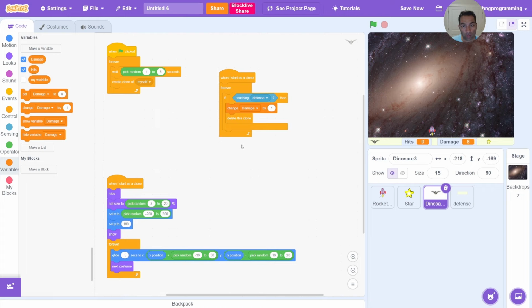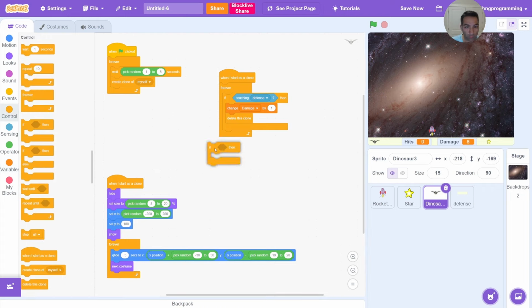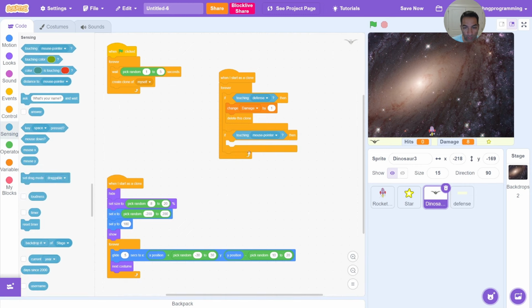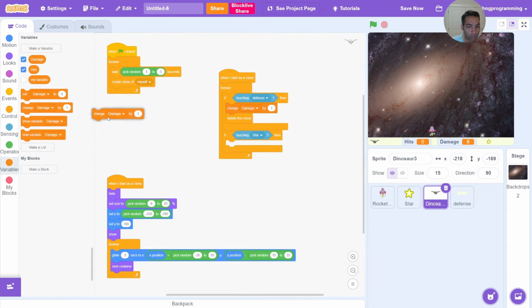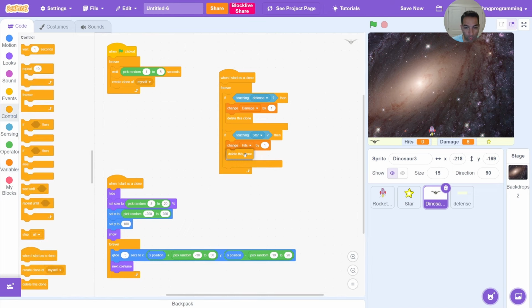In the same one, we are going to implement the hit. So we're going to add an if condition here. If touching, we go to sensing. If these dinosaur enemies are touching the star, then we're going to change the hits variable. So we have our hits right there. So change the hits by 1, and that also results in deleting that clone. After that, we delete the clone, and that's basically the implementation for hitting the enemies, and we should see